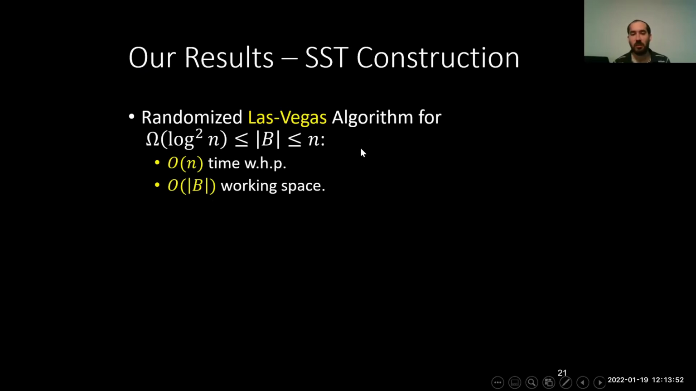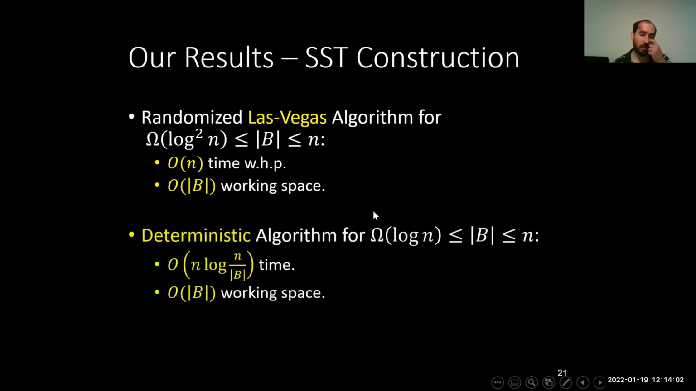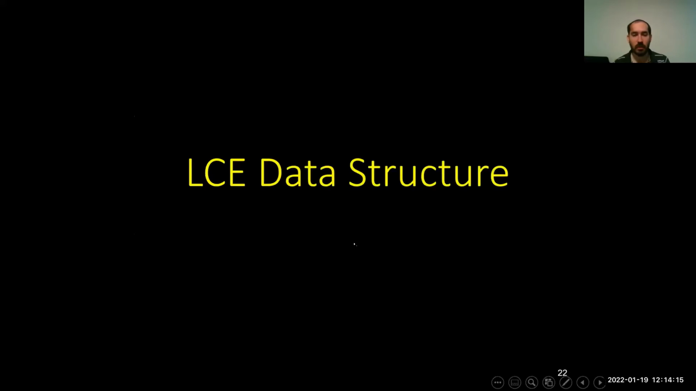And for this problem, we introduce a randomized Las Vegas algorithm, which is optimal as long as B is not too small. And for the deterministic algorithm, we have an additional factor. So the running time is of the order of n times log n over the size of the set, n over b. So I will focus on the result on the LCE data structure, and I want to